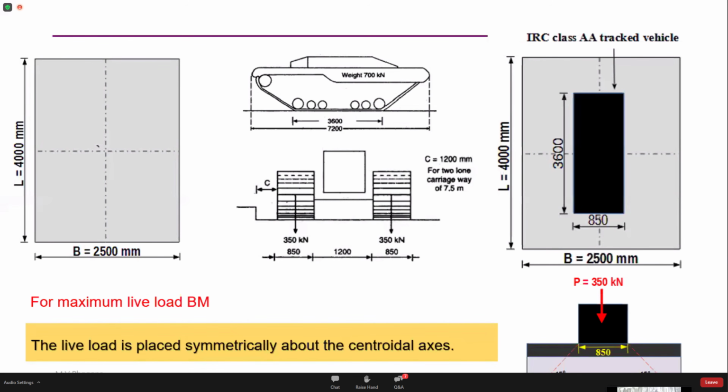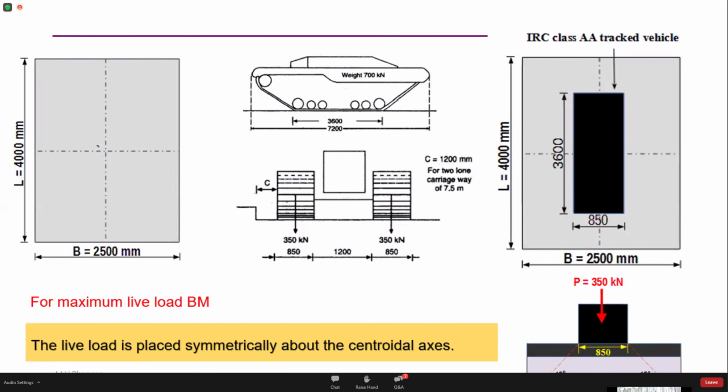For this, we need to look at a couple of things. First, we need to understand the length and the width of the slab. The width of the slab is 2.5 meters. Next, we need to understand the width of the live load vehicle. The width of the vehicle works out to about 2.9 meters including the clearance. To keep it simple, the total width of this IRC Class AA vehicle is 2.9 meters, but my slab is only 2.5 meters wide.